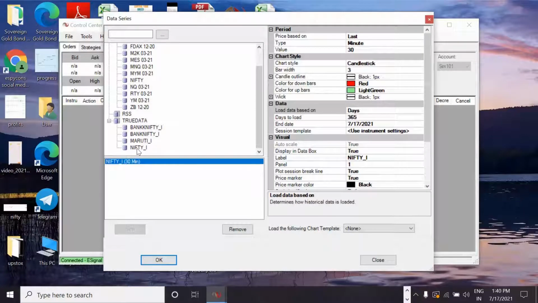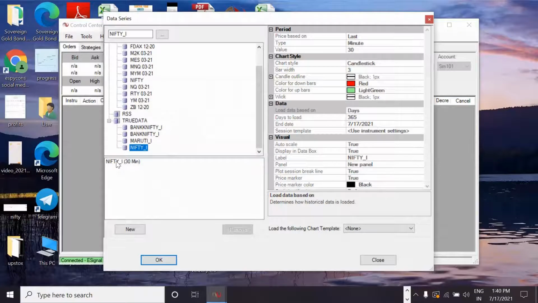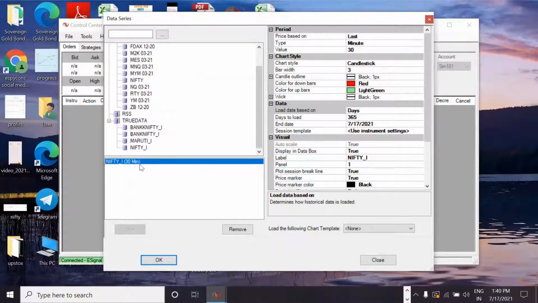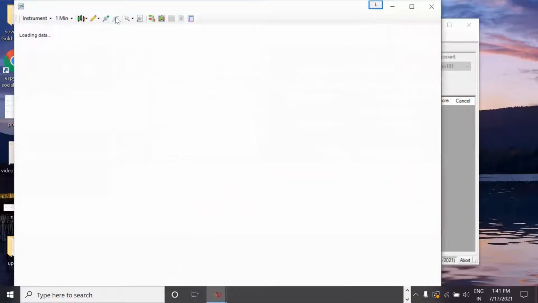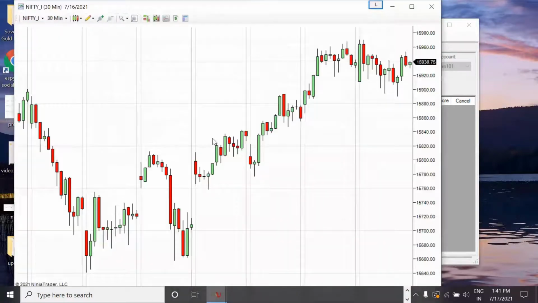And now we go to Nifty. The moment you double click on the Nifty, it will come here. So you have to do a double click, and it will come here. Once you do that, you have to select NSE here. The moment you select NSE, the remaining things will be there automatically as default. Once you do that, click on OK. The moment you do this, the Nifty data will get loaded and shown.